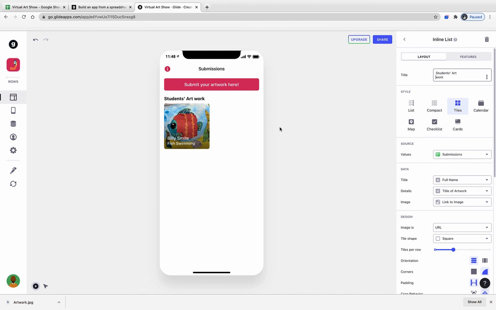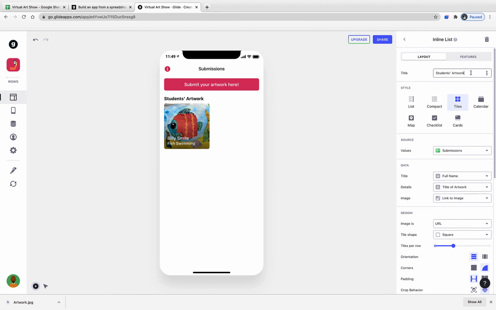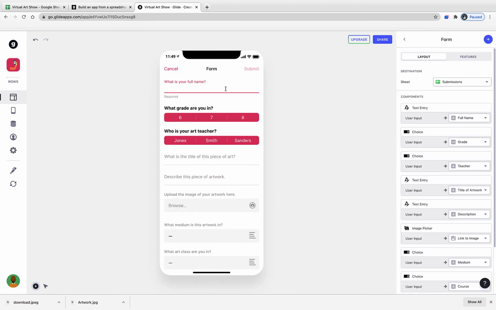Okay, or you can make it whatever you want. There we go, something like that. Now, just to show you what it'll look like, I'm going to go ahead and submit a second piece of art. Okay, so I'm going to click on the button again, and let's do Jennifer